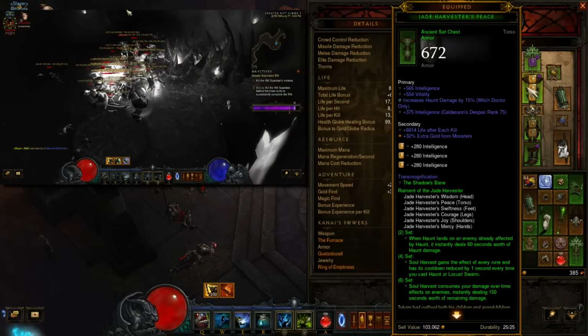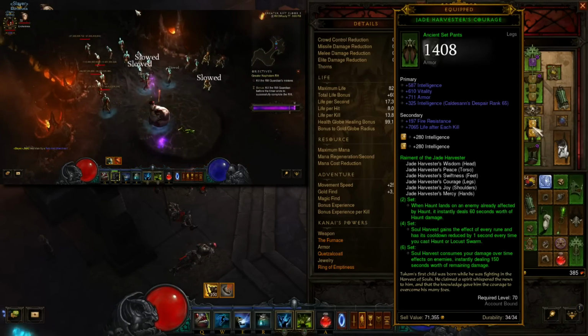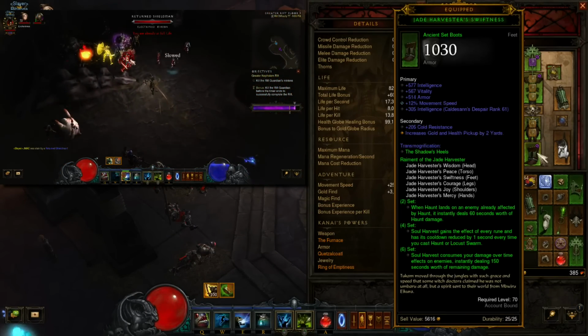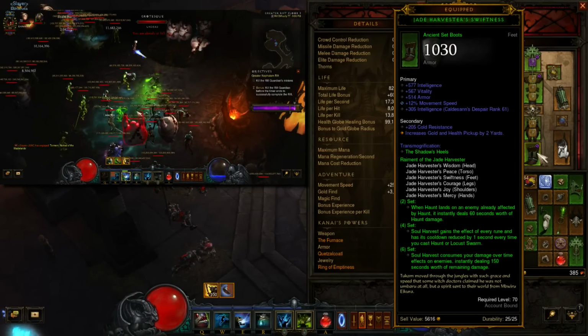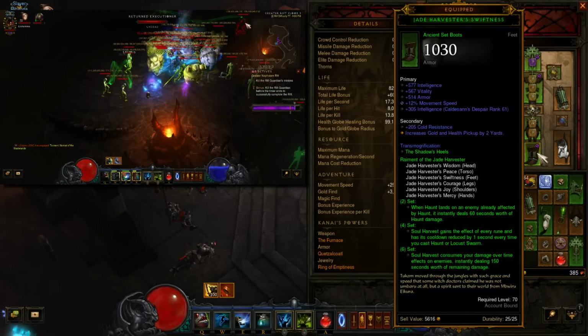Chest piece, Intelligence, Vitality, Haunt damage, and 3 sockets. On the pants, Int, Vit, Armor, and then 2 sockets. And then on the Jade Harvester's Swiftness, Intelligence, Vitality, Armor, and Movement Speed. If you don't have a single resist as a secondary, you can also go all resist over the movement speed